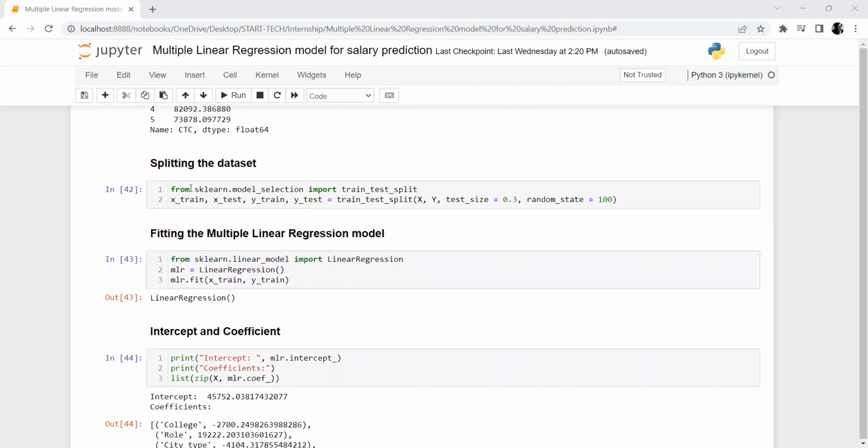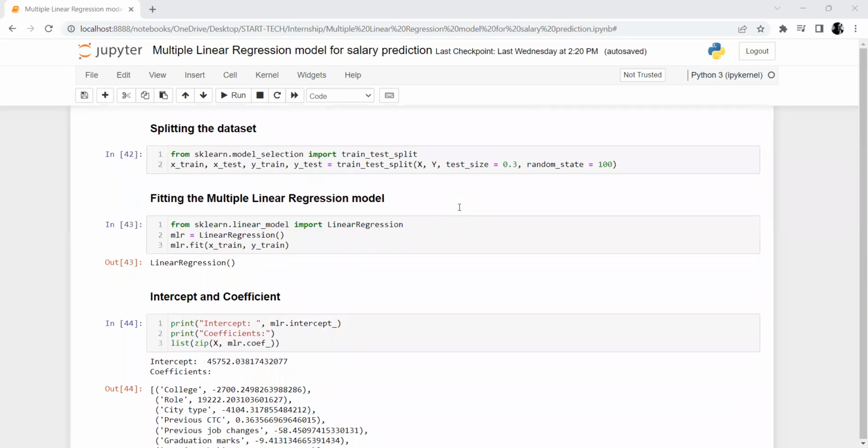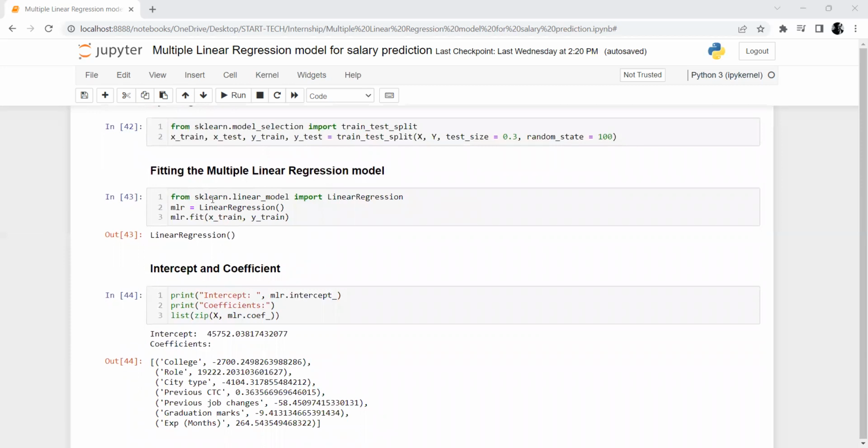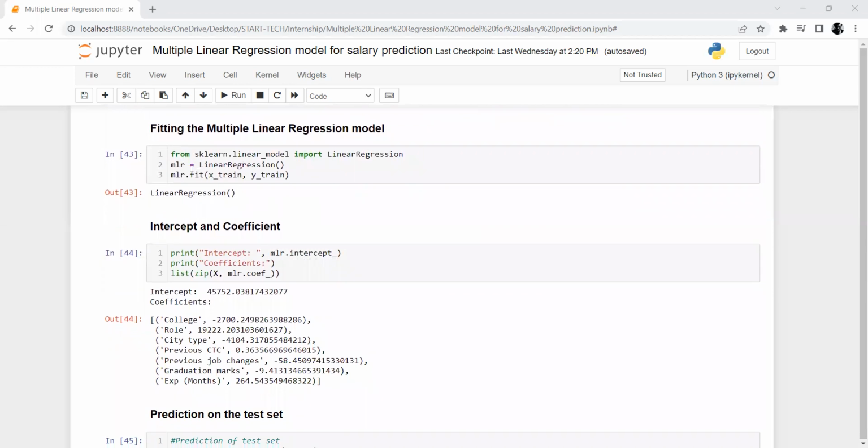After that, we have to split the data into train and test: X train, X test, Y train, Y test, both the independent variable and dependent variable. We are using 30% test size, which means we are using 30% for the test and 70% for the train. And we are importing the linear regression model with the help of the sklearn library. Here we have fitted the x train and y train data,